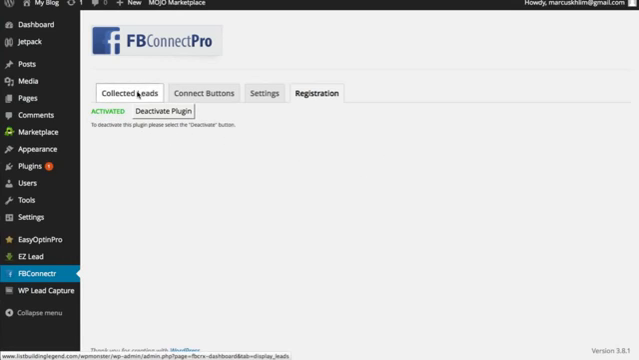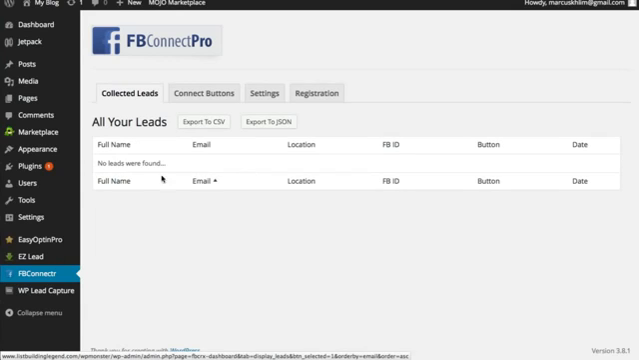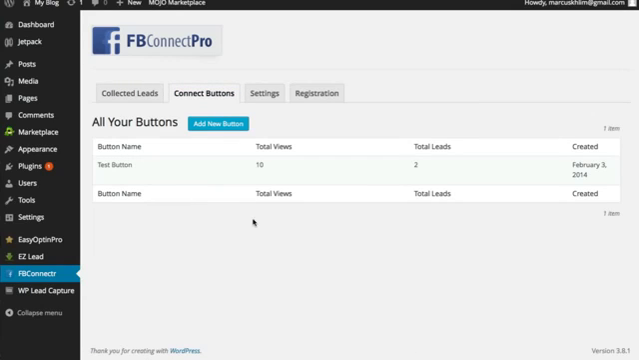So let's click on the collected leads, and you can choose which buttons that the lead was captured from. So at the moment there's no leads yet. Let's have a look at the buttons. Now I've set up one button, it's called a test button,